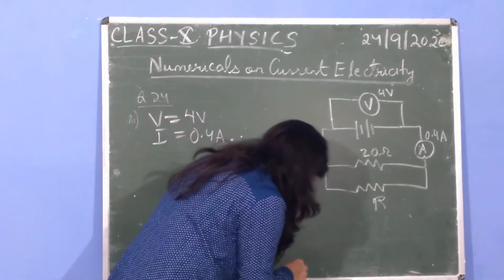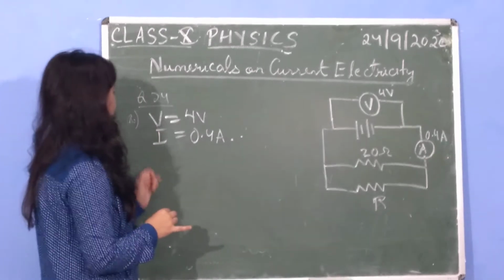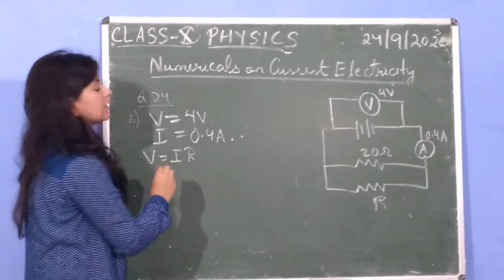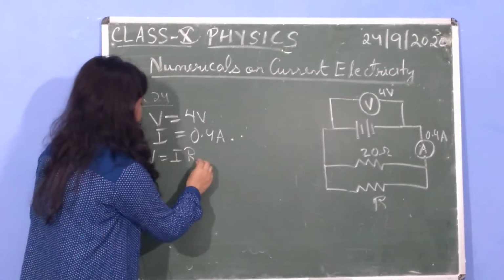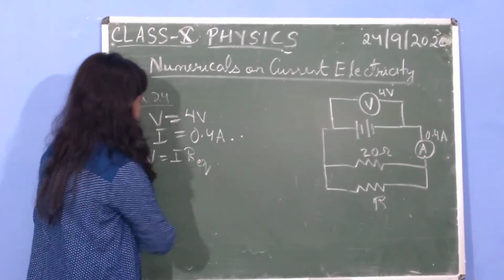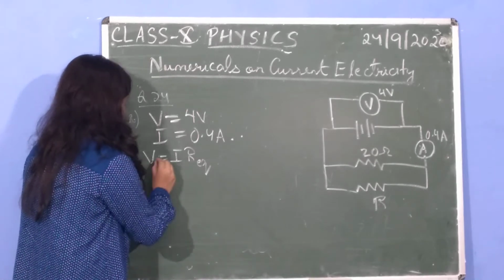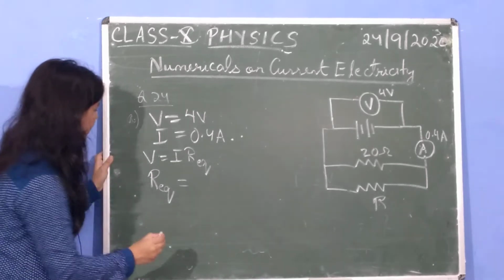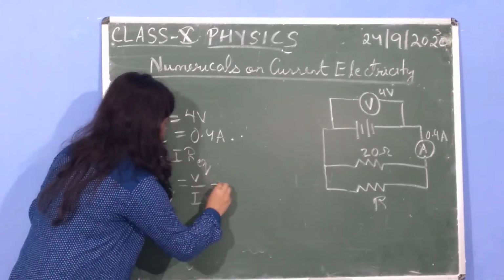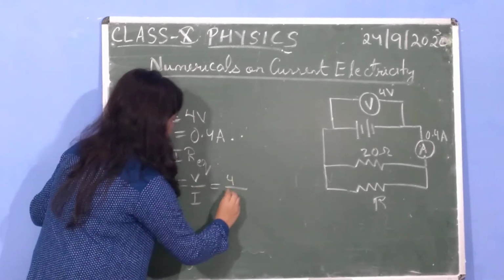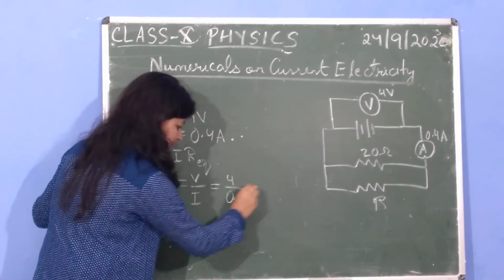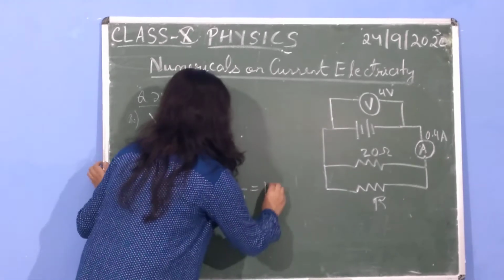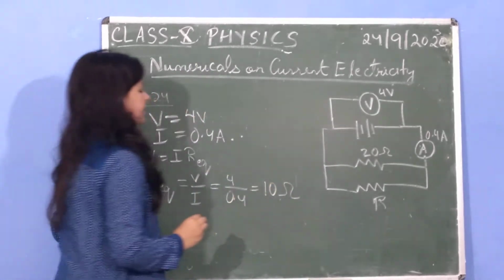Okay, now with the help of the formula V is equal to IR. Now this R means the total resistance of the circuit. So it is R equivalent for the circuit. Okay, we will just rewrite the formula keeping R as the subject. R is equal to V by I. The value of V is 4 and the value of I is 0.4. On calculation, the total resistance of the circuit comes out to be 10 ohm, and this 10 ohm is a